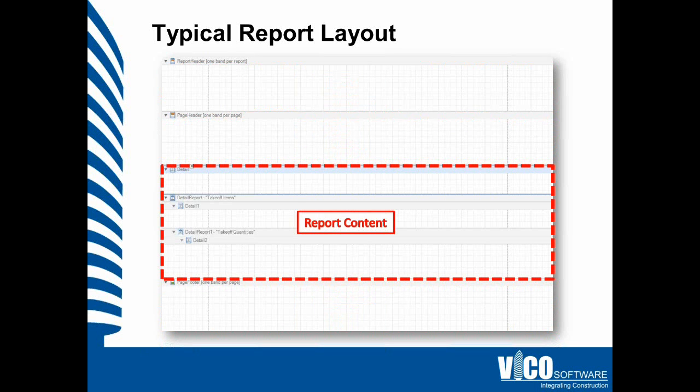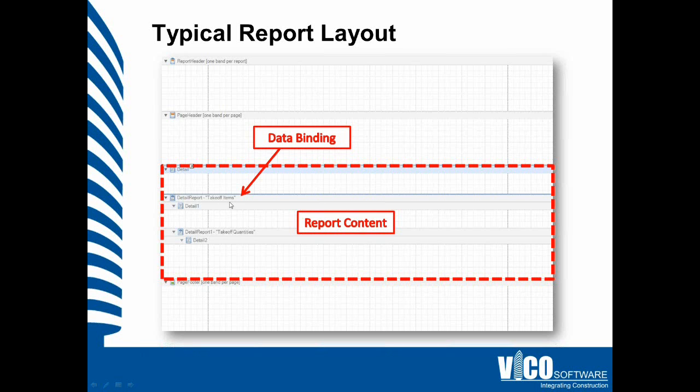Then the main part of the report template is the detail area. So that's the body of the report. And the detail area contains detailed report bands. That's what we see here. And detailed report bands are bound to the data types that we just saw in the field list. So in the example that we see here,